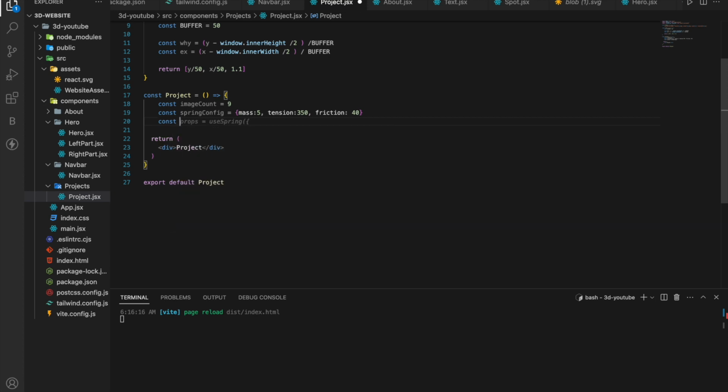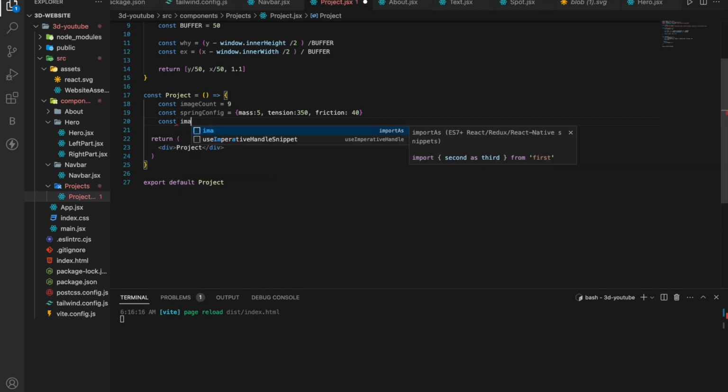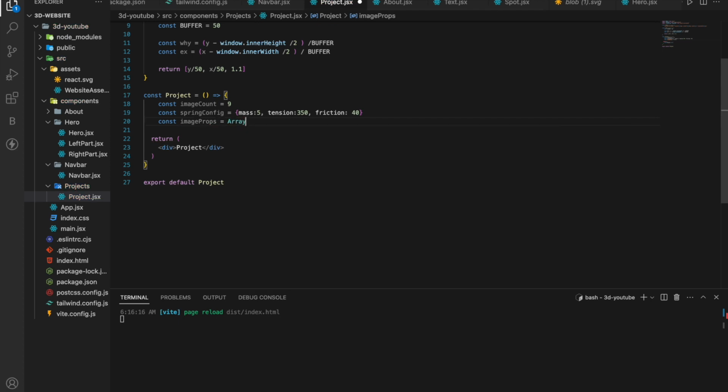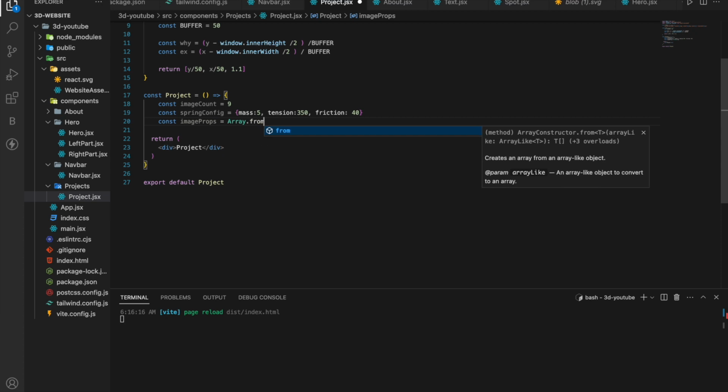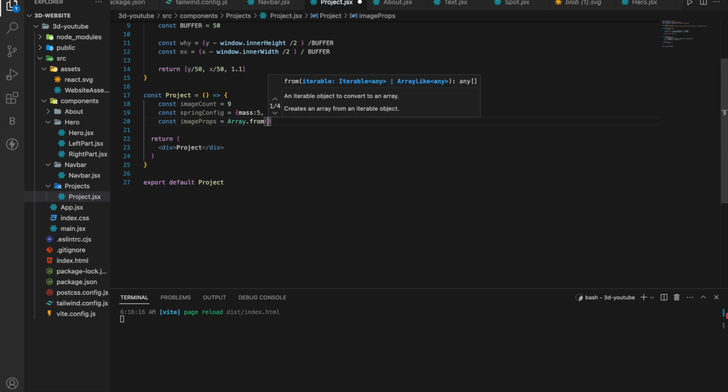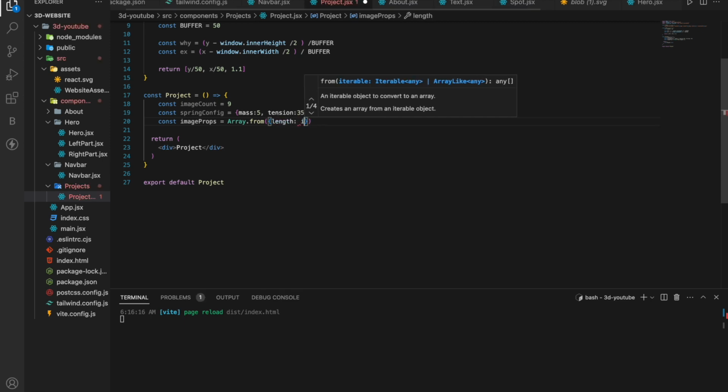After that, const image props will be an array which will have a length image count,